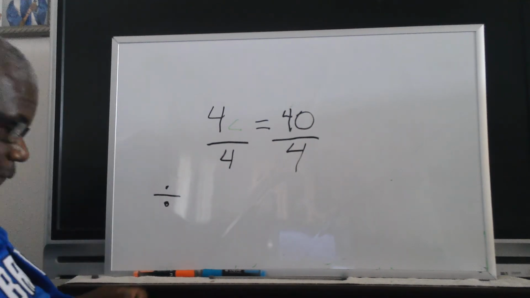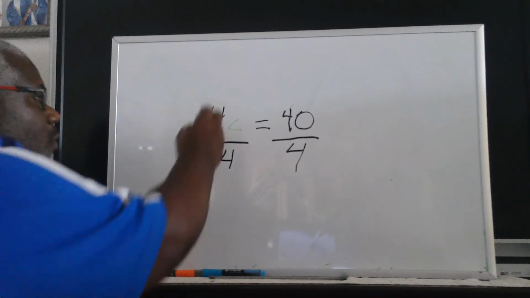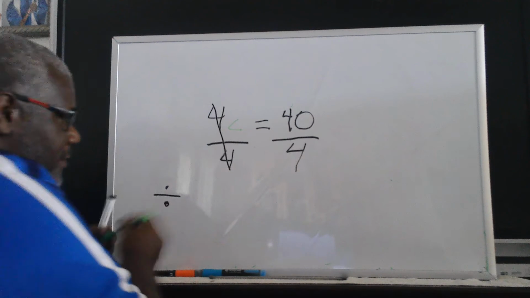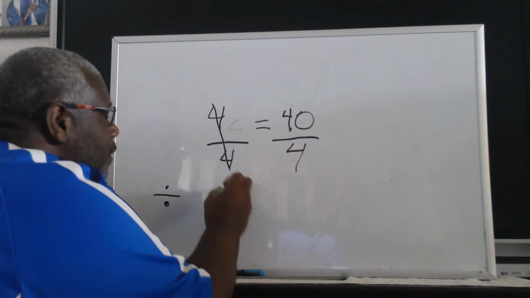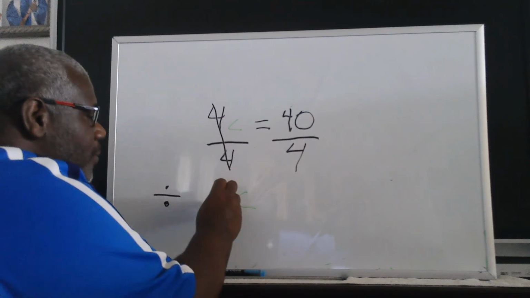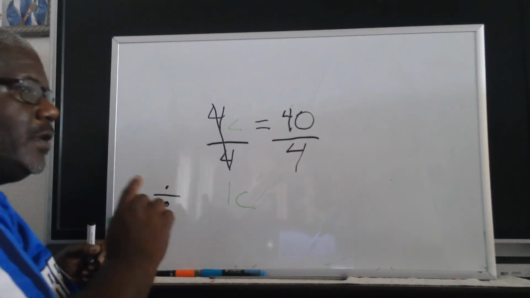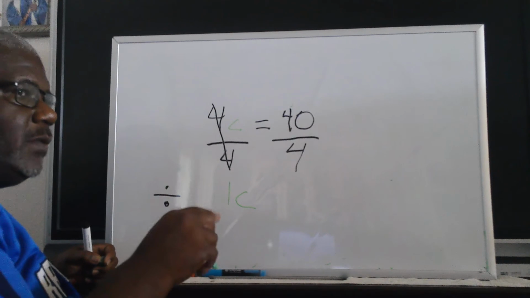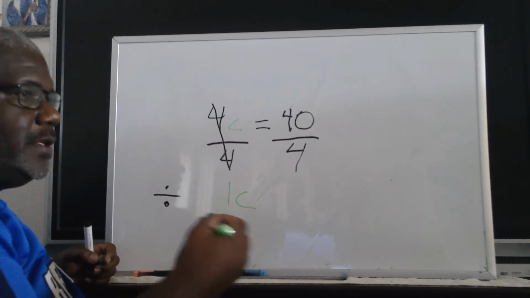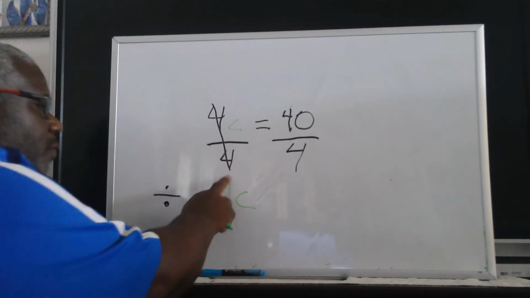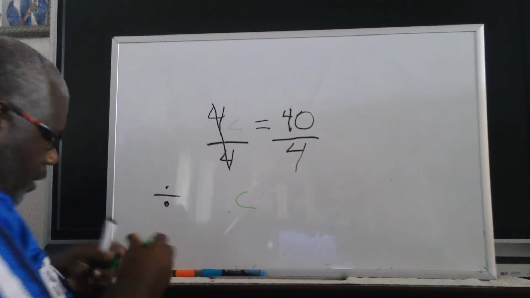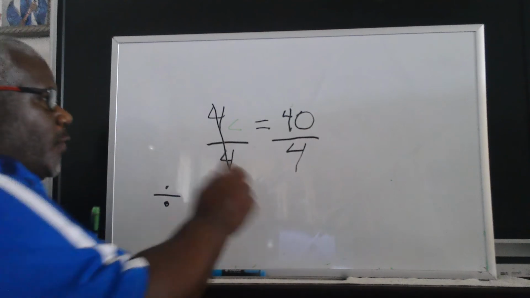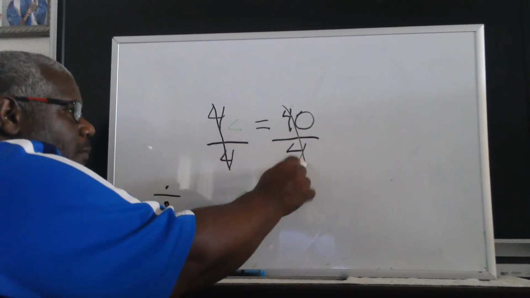So 4 divided by 4 is 1. A rule in mathematics is you do not have to have a 1 in front of a variable. As long as that variable is by itself, consider it times 1. So C equals 1 times C. D equals 1 times D. So you really don't need that. And as we're dividing, well, 40 divided by 4, really,